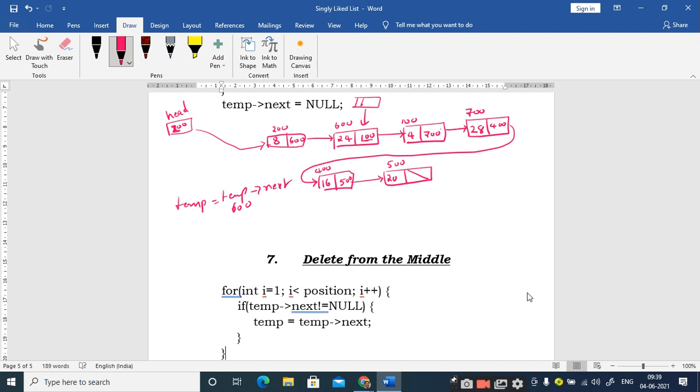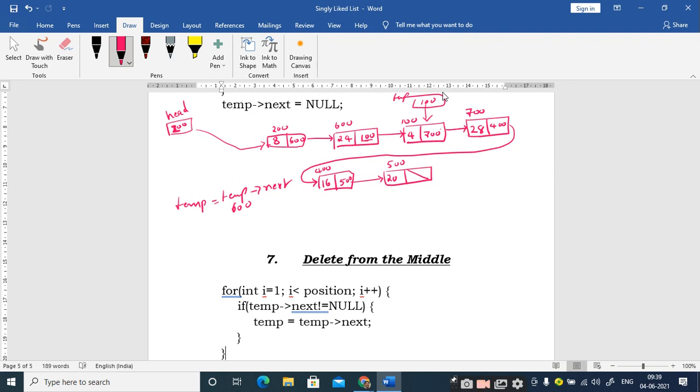Right. This is temp. Now what is temp next? 700. So if temp next not equal to null, what should I do? I should make the temporary pointer point to the next location. That is done by using temp is equal to temp next. If temp is equal to temp next, what is the value of the temporary variable? It is 700.